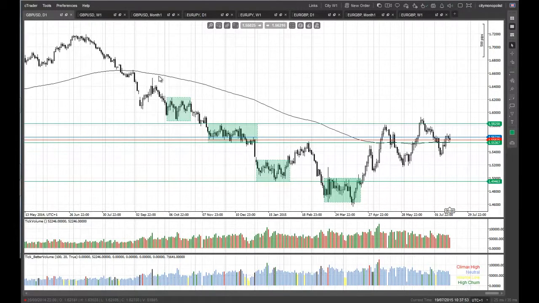We're going to be looking today at cable, so we're going to look at sterling dollar. We're going to be taking a look at euro yen. I really want to cover the yen, but I'm going to start with cable, because obviously we've been looking at cable and talking about cable for quite a while, and as traders that like to trade value and also like to consider where price is out of value, this should be quite